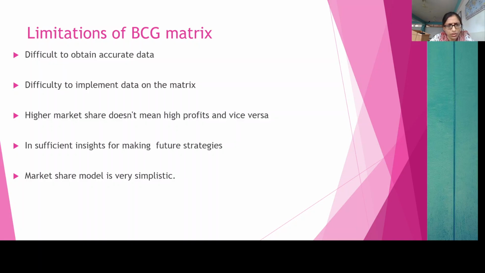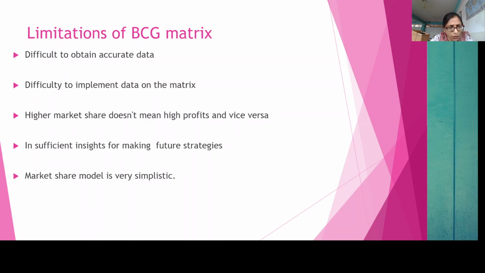Higher market share does not mean high profit and vice versa. Suppose a company has maximum high market share, but it doesn't mean that it is generating high profit. And likewise, if someone has low market share, they can still generate high profits,